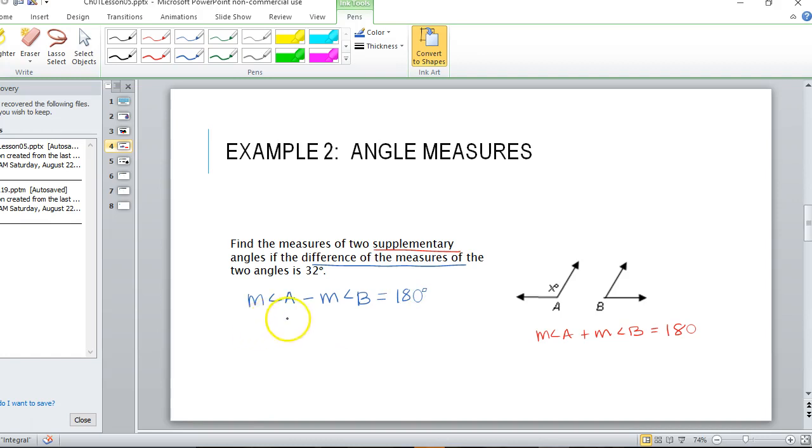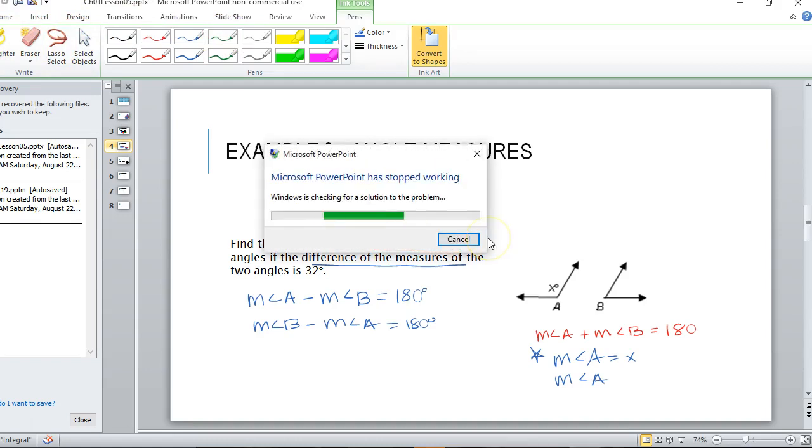Or you could write it the other way: measure of angle B minus measure of angle A equals 32. So that's not the only way you have to write it. Let's just go ahead and say that the measure of angle A is x. That would make the measure of angle B, I said angle B and I wrote angle A, that would make the measure of angle B,